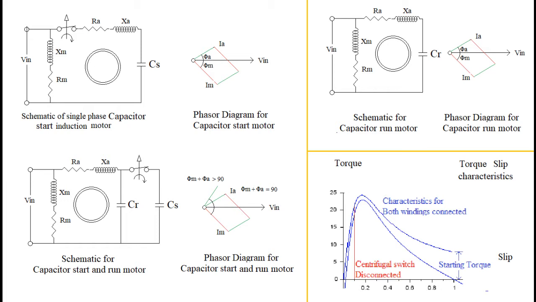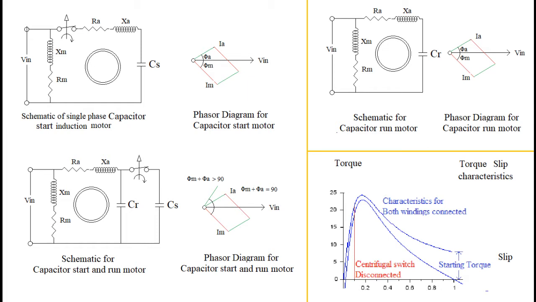This angle of lag depends substantially on the rotor current lag, which in turn depends on the value of slip. This is because the rotor circuit reactance has a multiplier S, that is slip. When the rotor catches speed, the value of slip drops and the lagging current angle reduces. But since at the time of starting the lagging current is large, this gives a large starting torque. The angle made by the main winding current Im with the supply voltage is represented by phi m. The value of phi m is large at starting but reduces as speed is caught by the rotor.